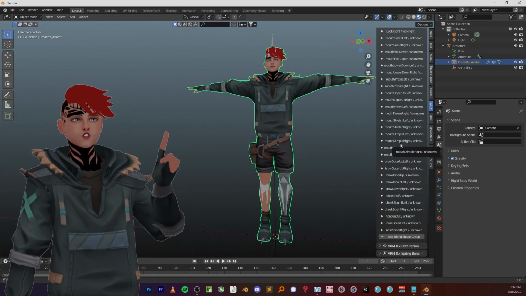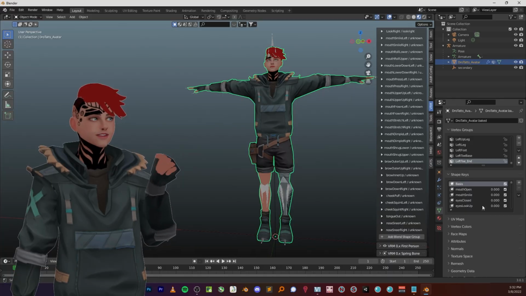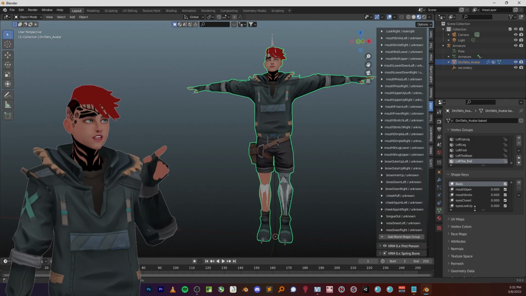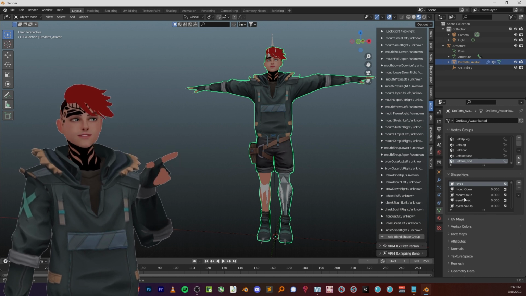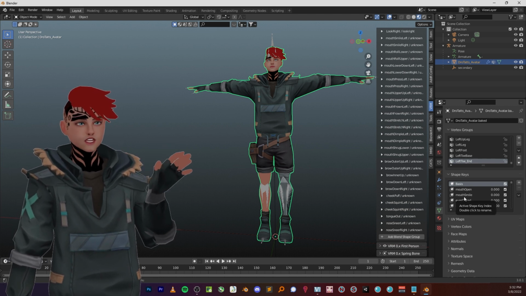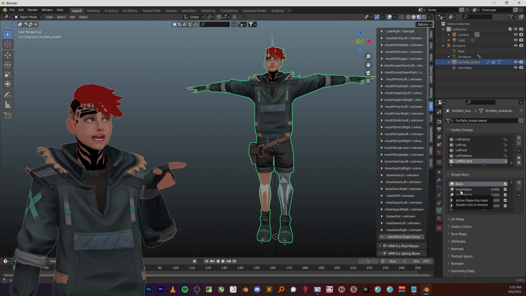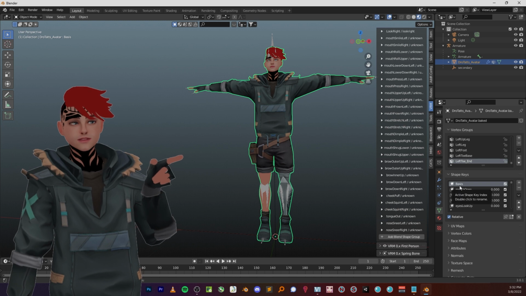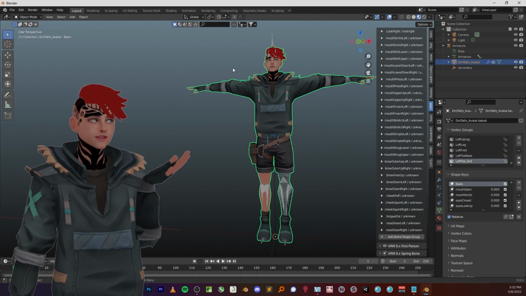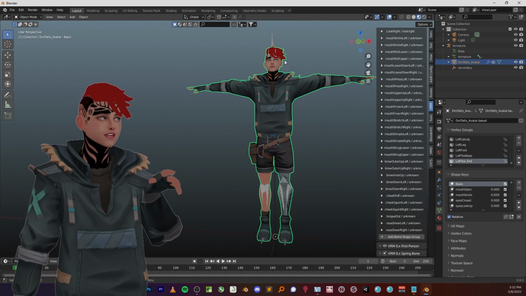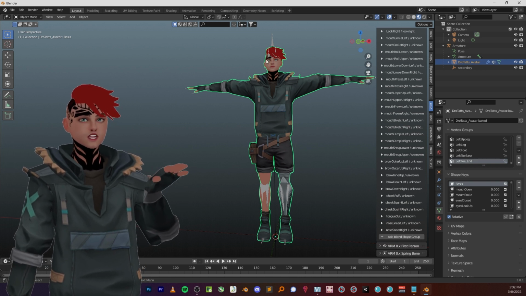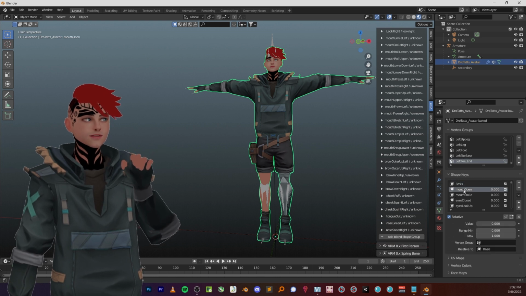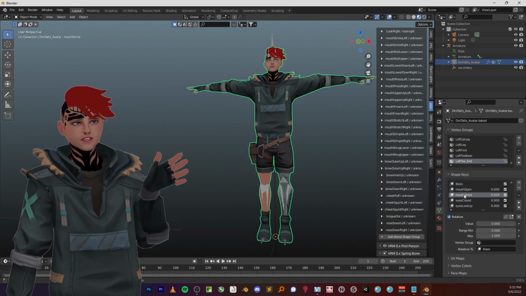And also a quick tip, when I was going in here to set up these blend shapes and you start messing with the OSC stuff for Blender, you kind of have to have these shape keys in the right order, because instead of looking for the name, those are actually looking for the ID. So like basis, which is your basic look where you're not moving at all, that's like your standard silenced look when you're not talking or moving. That will be considered ID 0, and then this will be ID 1, and then 2 is below it,